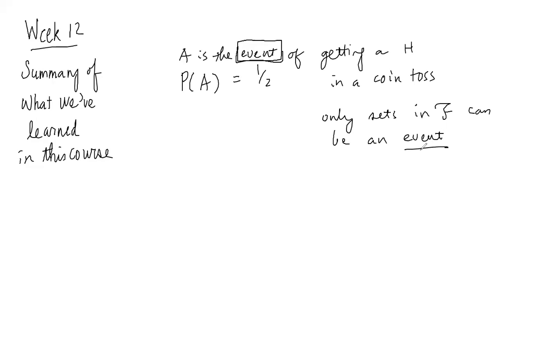Because if the set is not in F, we cannot actually assign a probability measure to it, right? But you didn't know that at the elementary level. You simply operate at a more or less intuitive level. You say that you have certain kinds of things that will happen, say getting a head, and you say that the chance of that happening is 1/2.